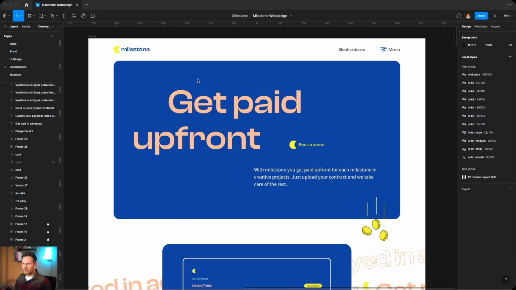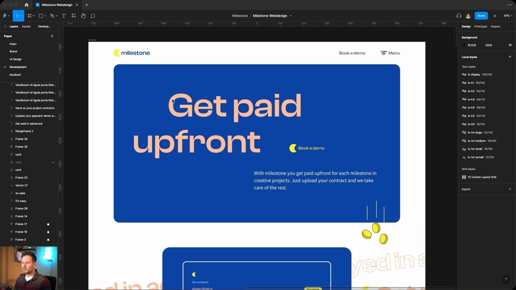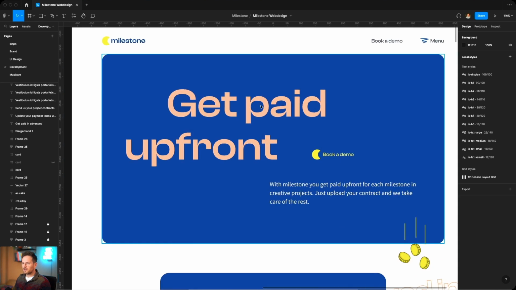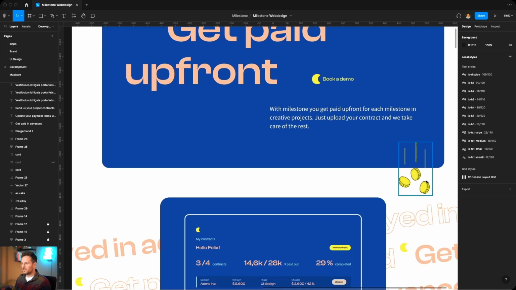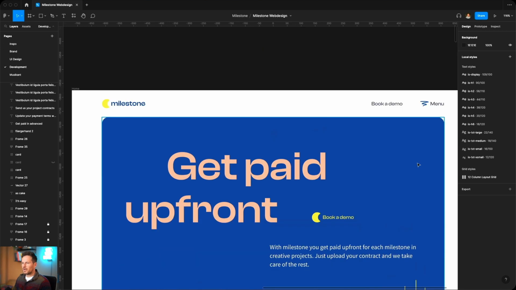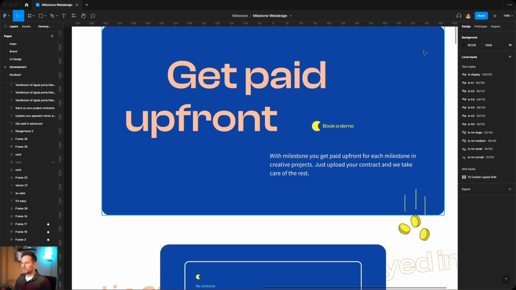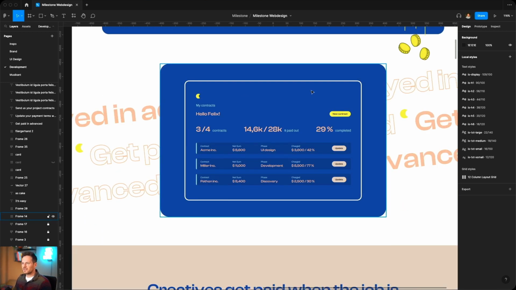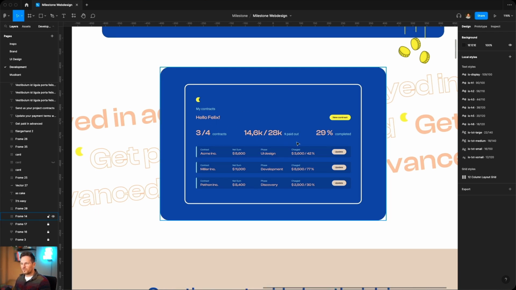So at first, let's have a look at the design and see what's supposed to happen here. We have this hero section. We have a headline that is split over two lines. We have a button and a subline. We have a little illustration. And once the user scrolls, this blue background should be sticky and get smaller. While the user is scrolling, this dashboard should appear. And this dashboard will be a Lottie file, so it will also be animated on scroll.